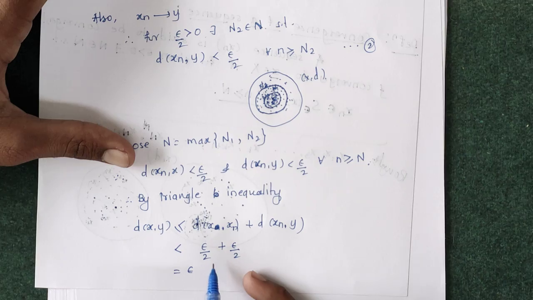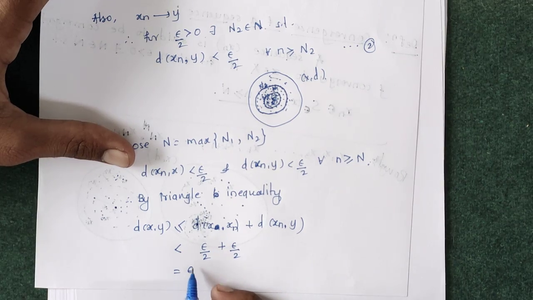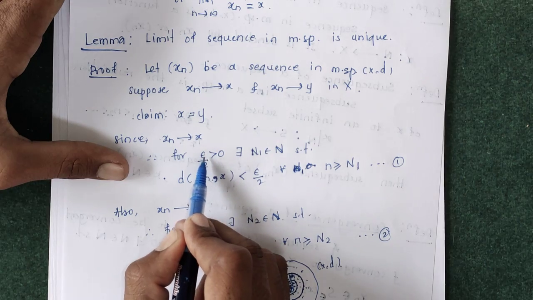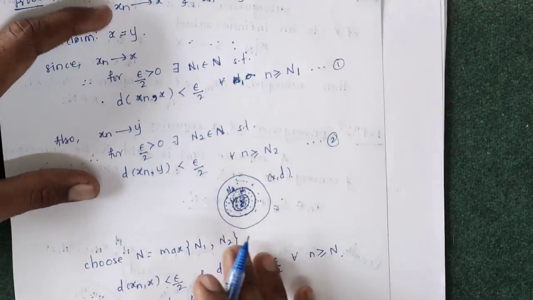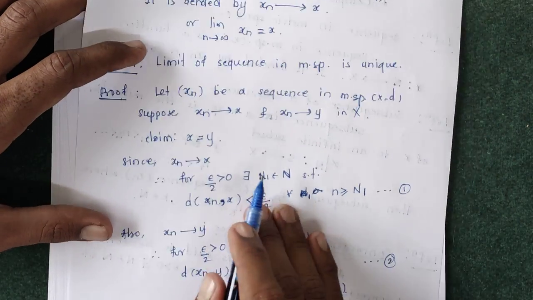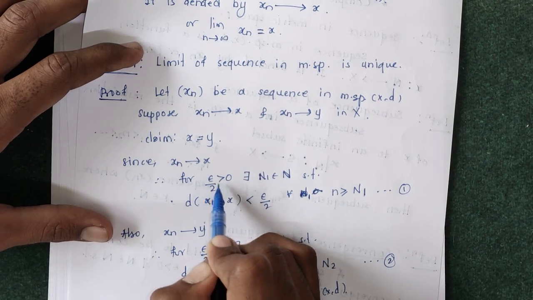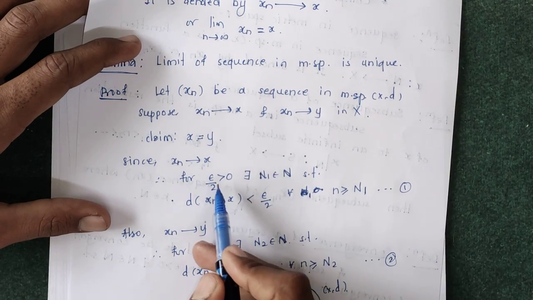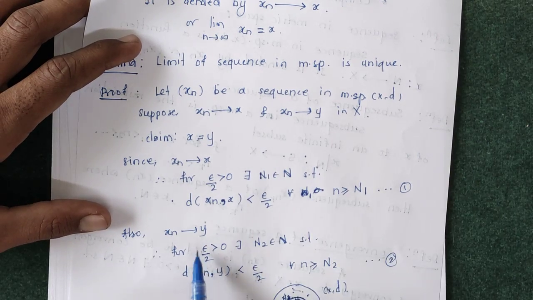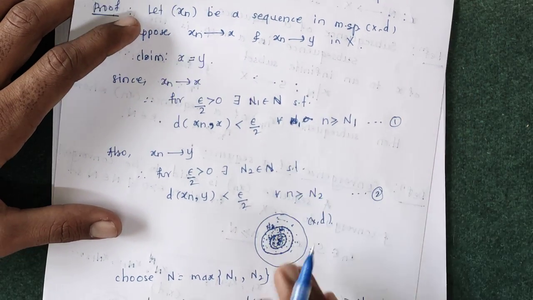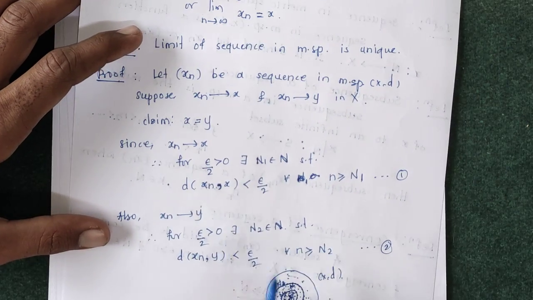So instead of writing 2 epsilon here, I will just write epsilon, and this is just a simplification, that is the construction epsilon by 2. Epsilon by 2, because the definition is for all epsilon positive. So clearly, epsilon by 2 is a positive number. So for epsilon by 2 positive, there exists n1. Similarly for epsilon by 2 positive, there exists another natural number n2, and if we choose the maximum between these two, then both the inequalities are satisfied.